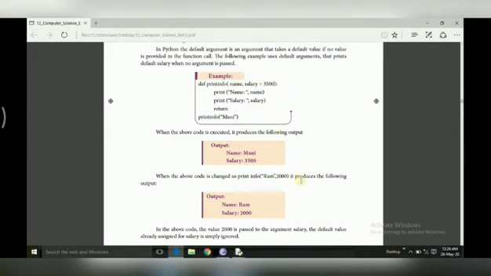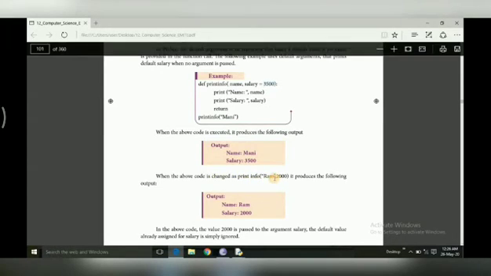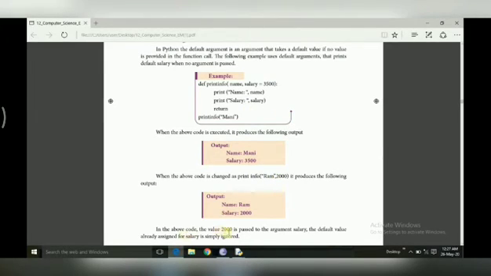Here you can see that only one argument has been passed. If I change the function call from money to Ram, 2000, we get the output as name Ram and salary 2000. Even though there is a default value of 3500, it will not take that value.